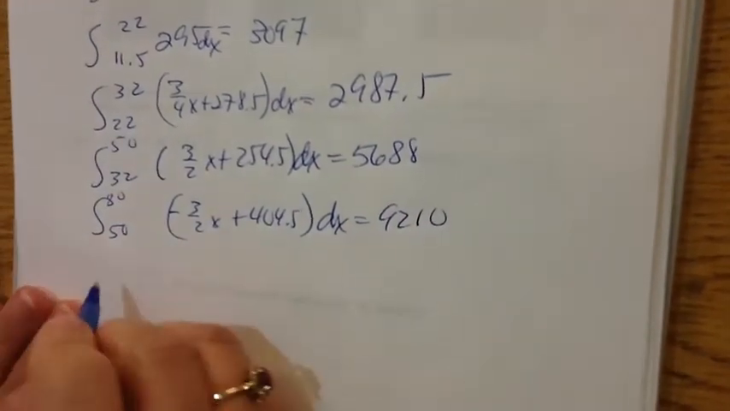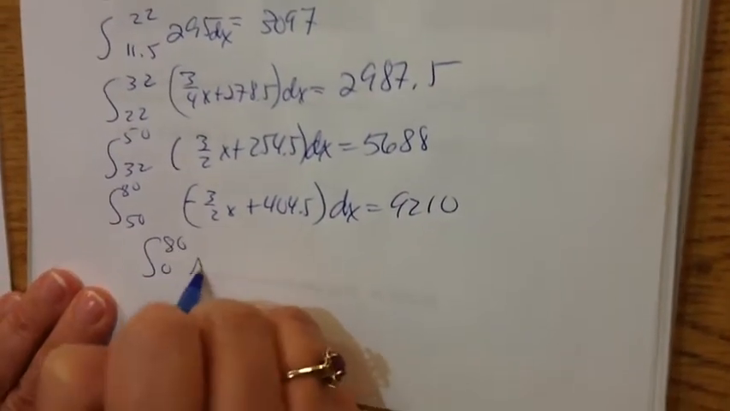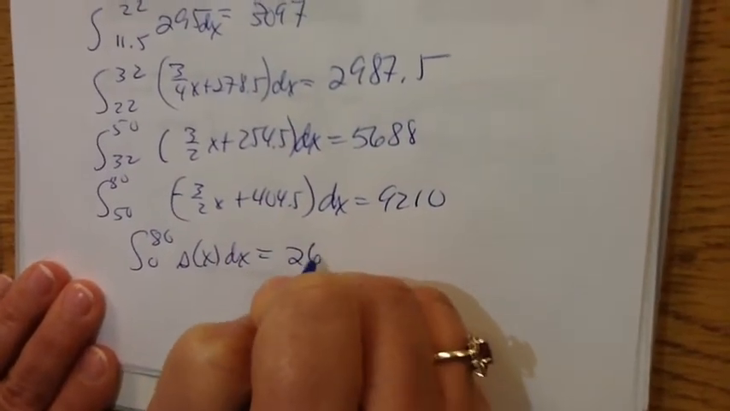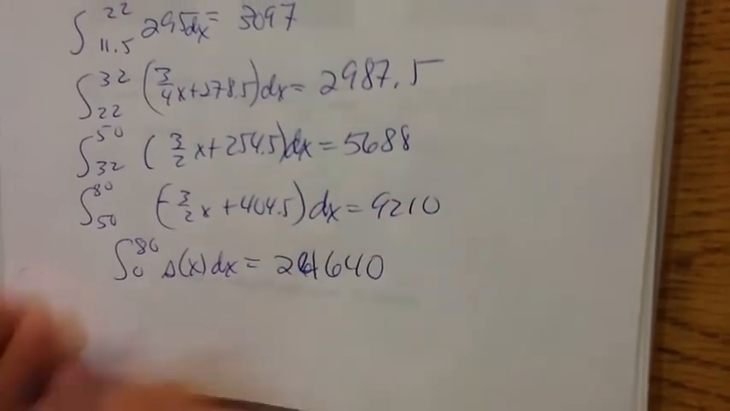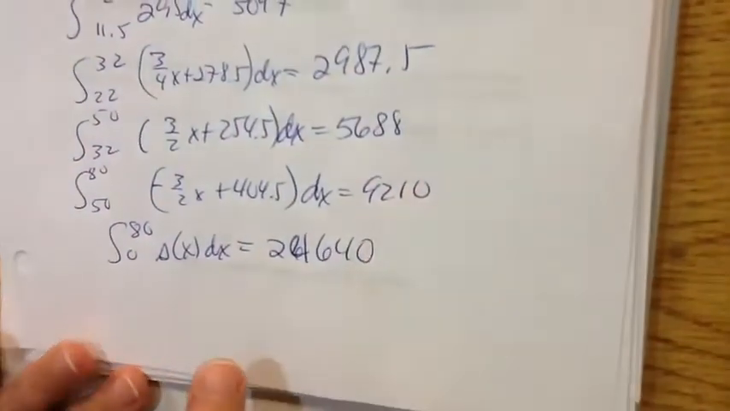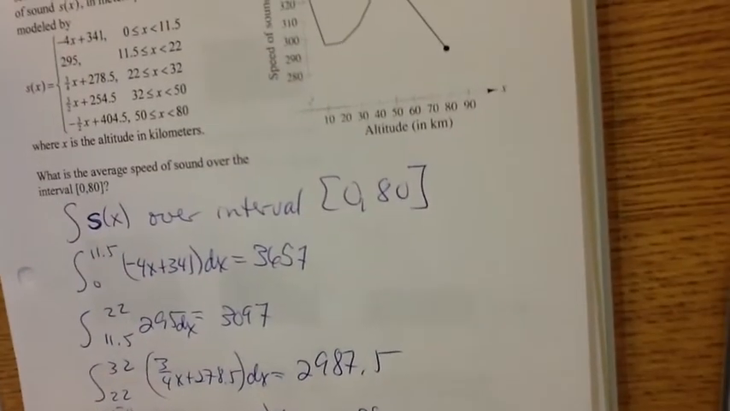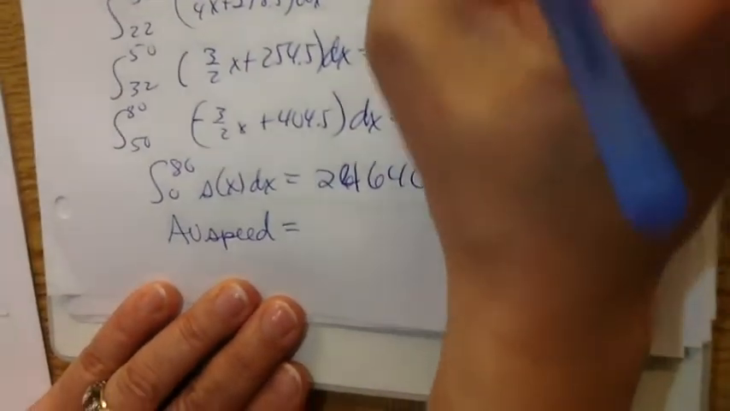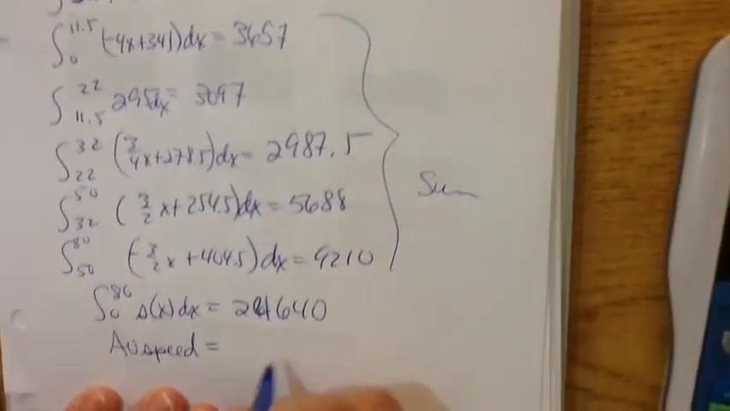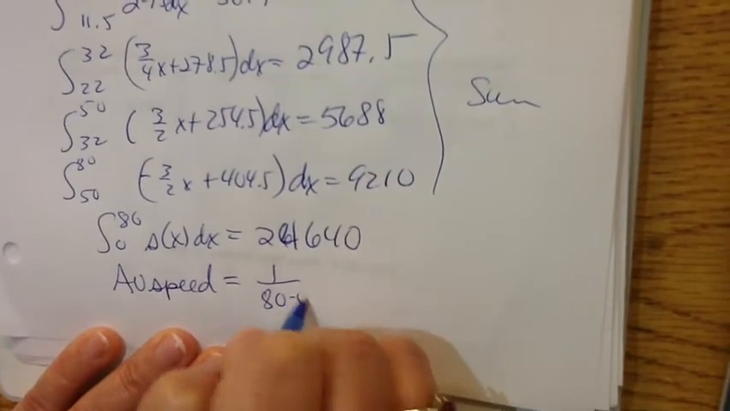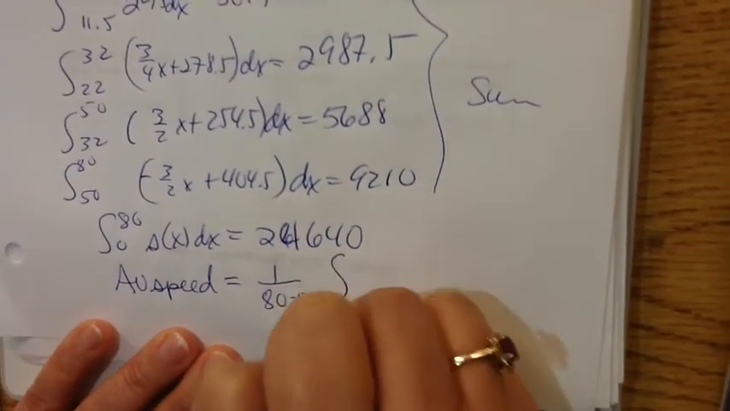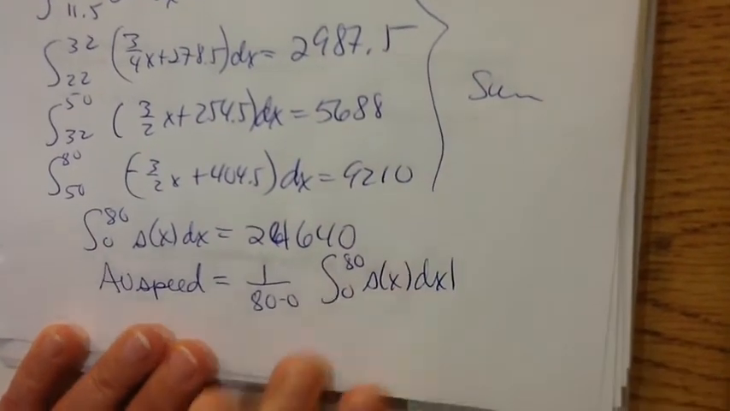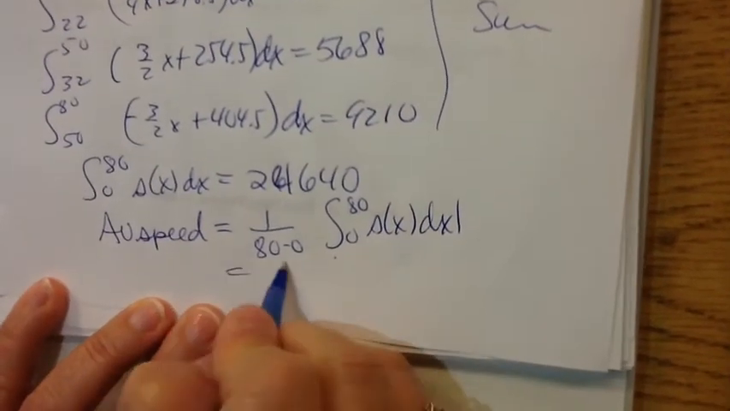So if I want to know what it is from 0 to 80, what do you think I should do? Add them all up and you get 24640. So you're going to add all of these up. Now what do you think the average speed is? You're going to take 1 over 80 minus 0, and the integral from 0 to 80. Well, we already know what that is. It's 1 over 80